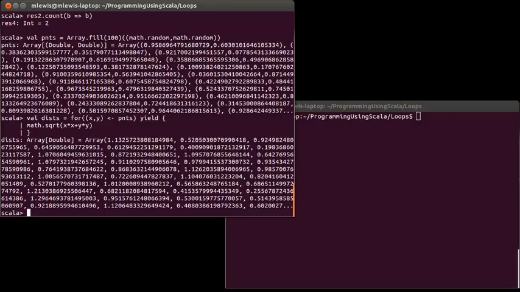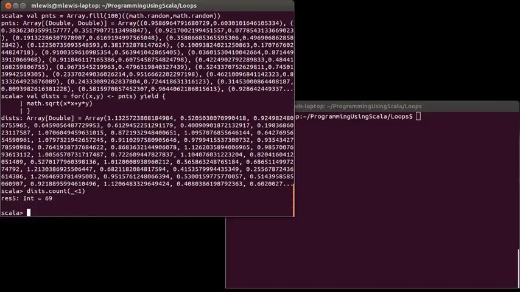And it might be interesting to do something like, how many of these distances are less than 1? And it turns out that that actually should be close to an approximation of pi. This is embedded in a square that is 1 by 1 on each side, so it has an area of 1, and that quarter of the circle, so if we were to draw a unit circle that's centered at the origin, a quarter of it, all the points that have a distance less than 1,